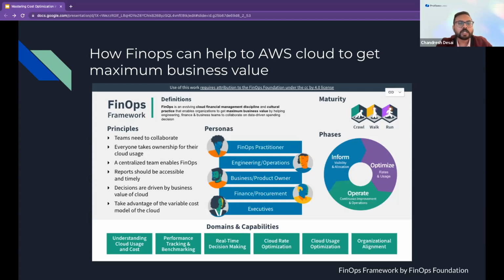In this session, I will go in two parts. First I will go with the FinOps phases, and the second is the maturity model. For both, I have use cases showing how you can implement the FinOps phases in the AWS cloud, and what strategy you can implement based on these phases. So let's jump into the FinOps phases.